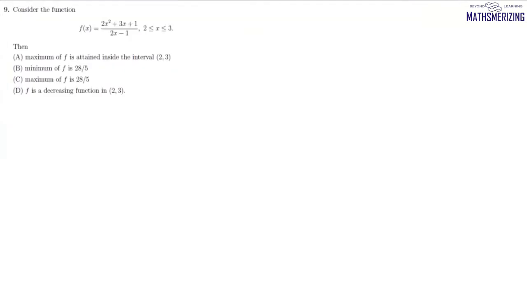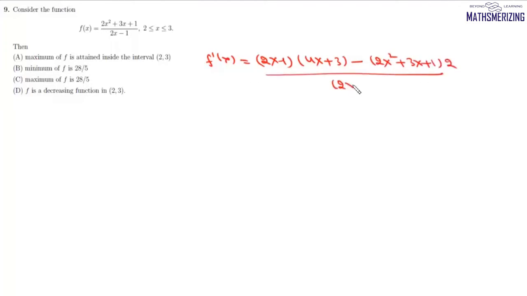Now question number 9 is, consider this function when x lies between 2 and 3. We need to find the maxima or minima of this function in this interval. Now we find f dash x, which will be 2x minus 1 and L be 4x plus 3 and then minus 2x square plus 3x plus 1 into 2 upon 2x minus 1 whole square. So it will be 8x square plus 2x minus 3